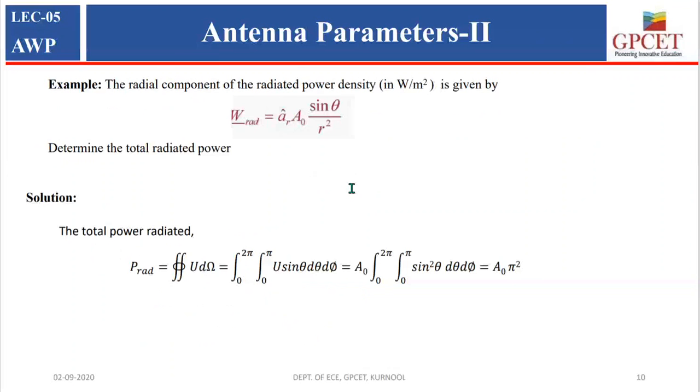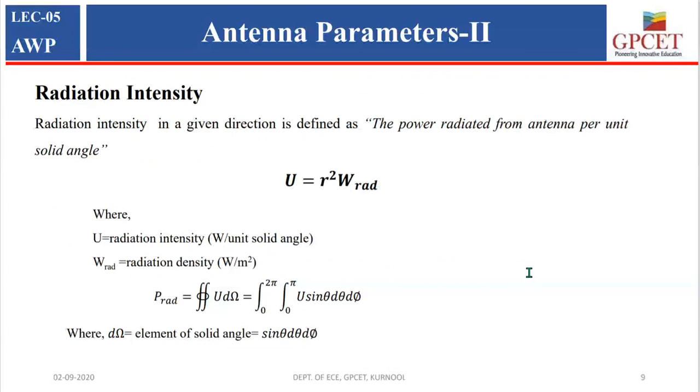After that, the total radiated power is equal to the radiation intensity integrated over the solid angle. The radiation intensity will become A naught sine theta and d omega. That means a surface area in solid angles is equal to sine theta d theta d phi. Finally you will get the total radiated power as A naught pi square. In both the problems, the radiated power is the same, but